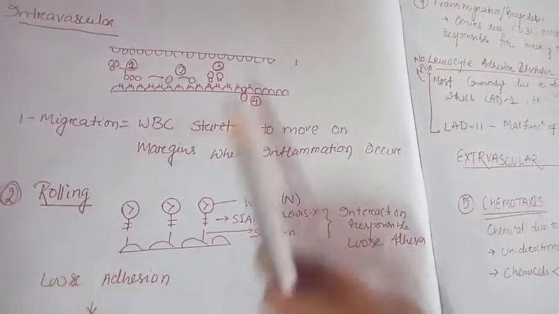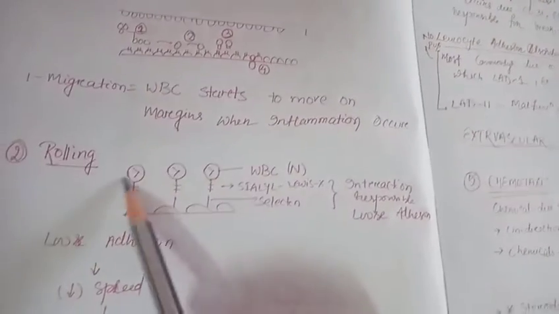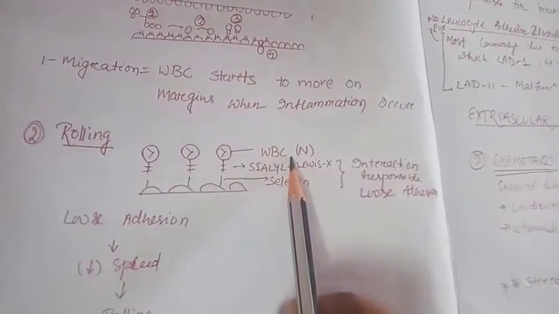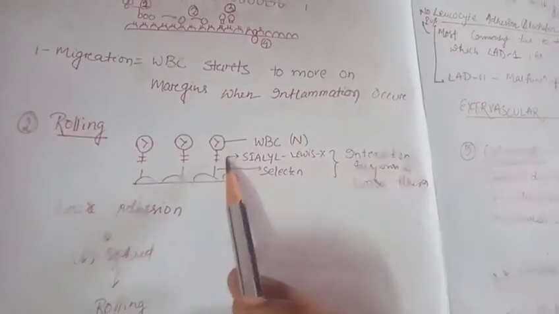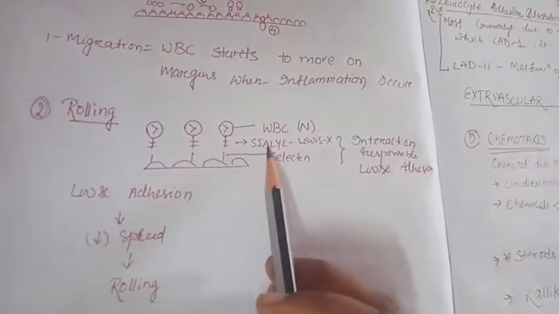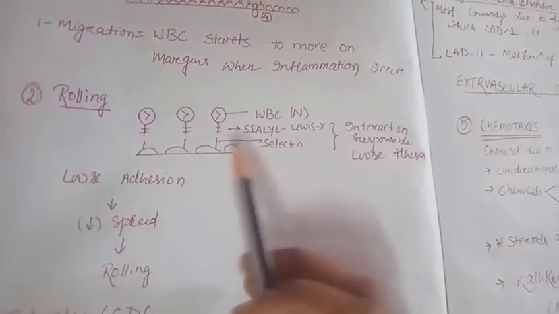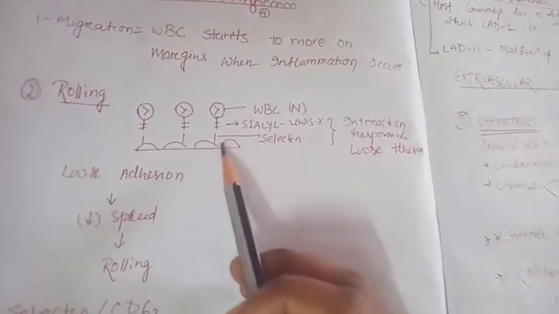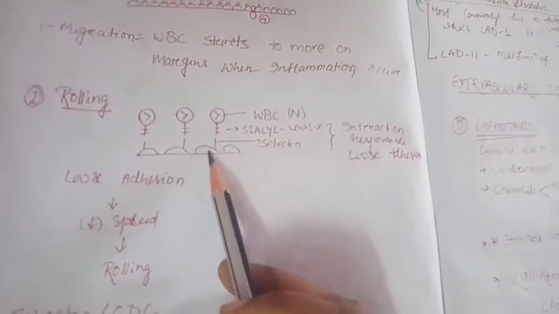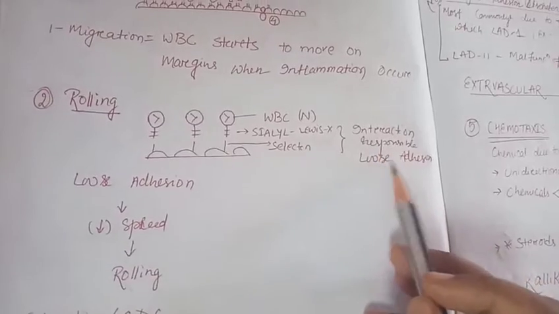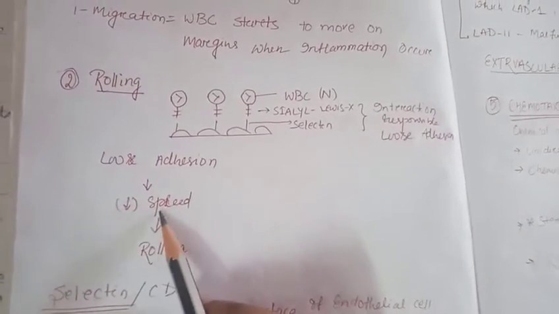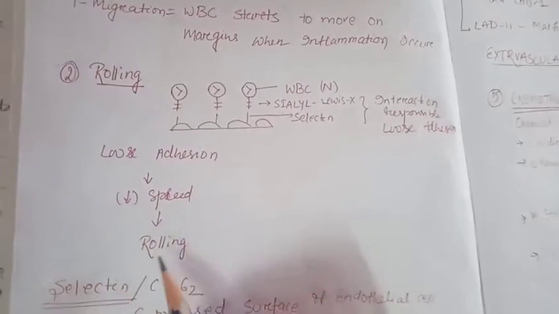which is known as diapedesis. So in the rolling, here you can see this is the WBC. Which type of WBC? That is the neutrophil. The neutrophil has a receptor, Cellular Lewis X, which gets attached to the selectin molecules of the endothelium, and the interaction is a loose interaction. So in rolling, there is a decrease in speed,